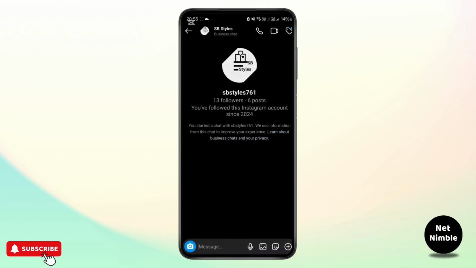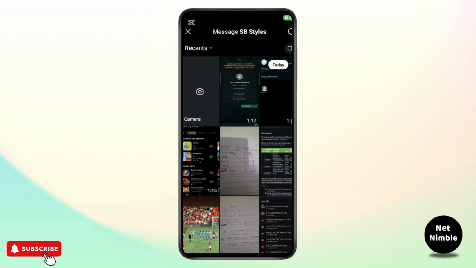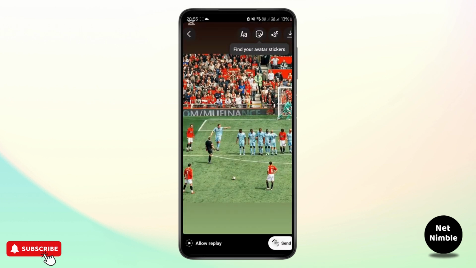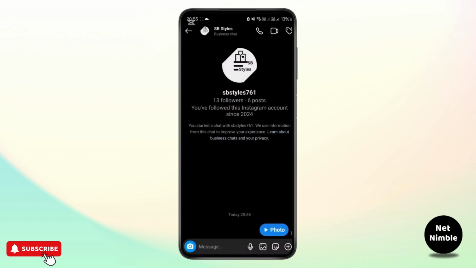So click back from here, and what you can do is simply click on this camera icon over here, and once you are over here, simply click on the gallery, and as you can see, now you can select the photos, and you will get here the option called allow replay. If you want to keep it in chat, simply click on it. And if you want to send your photo as a view once, you simply need to click on this and simply send. And that's exactly how you send view once photos on